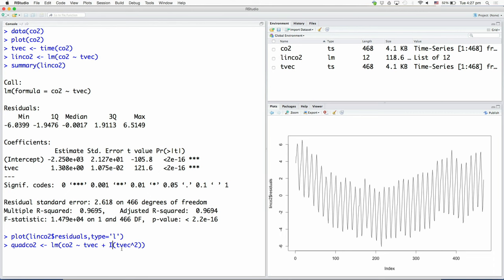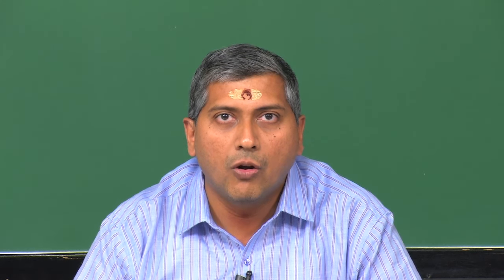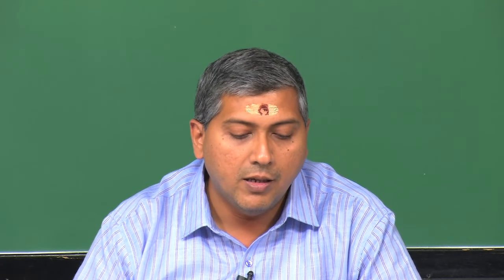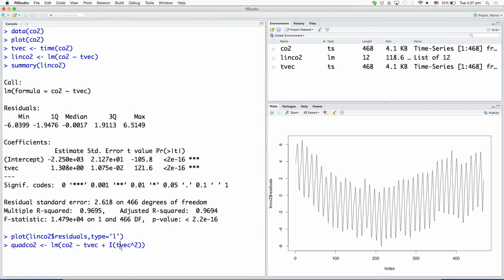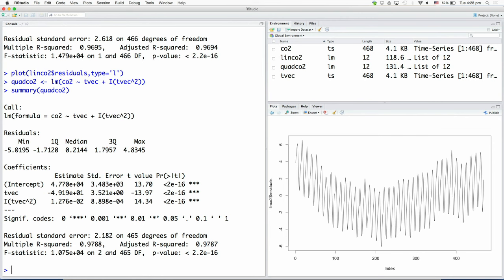If we do not do this and instead we say T vec plus T vec square, what R would do is it would add up T vec plus T vec square and treat that as a single regressor, and that is not what we want, all right. So, always remember, when you are creating regressors out of a single explanatory variable, here the time vector, then we should follow this syntax. Tomorrow you may have T vec plus maybe a cubic term or a logarithm term, something like that. Each regressor has to be encased in a similar fashion like this, all right. So, we have a model, and now we can once again look at the quadratic model and